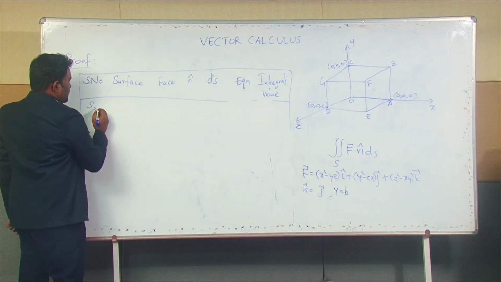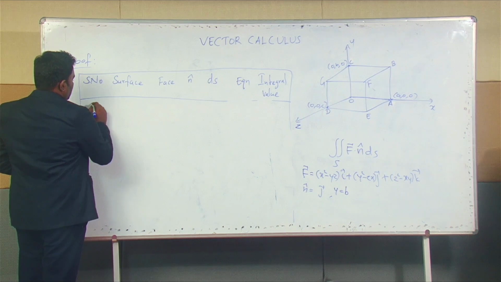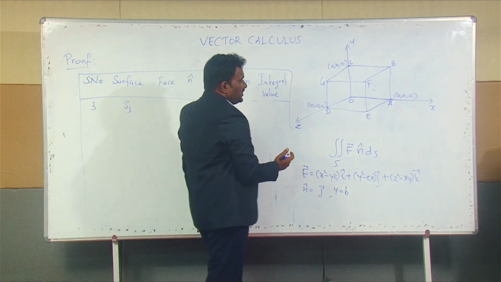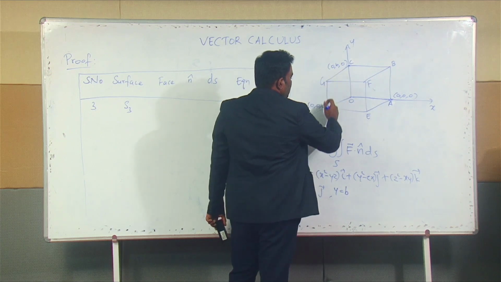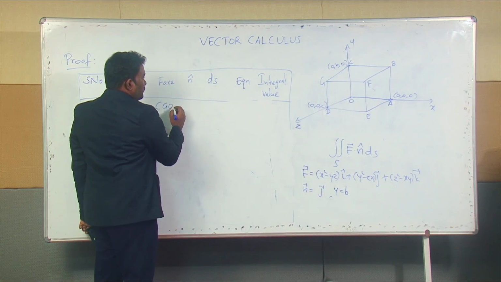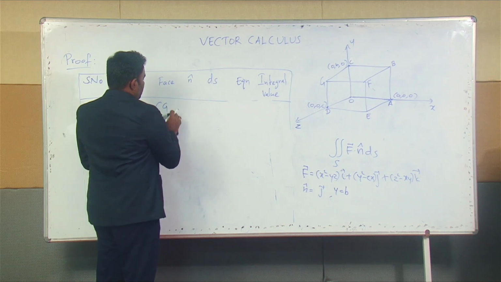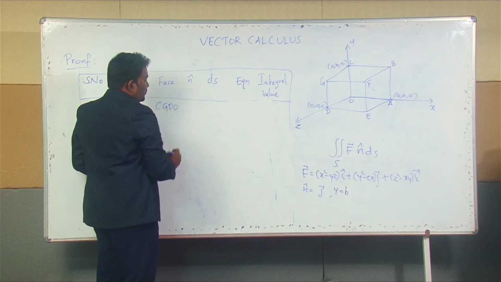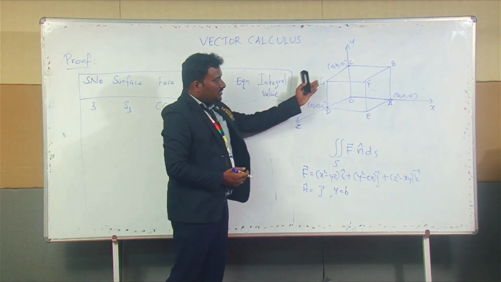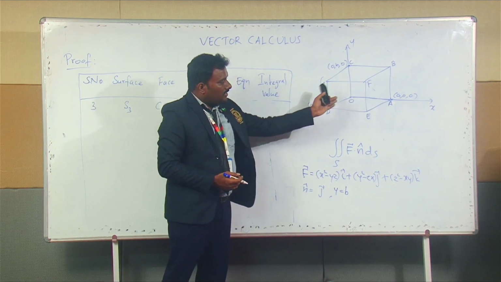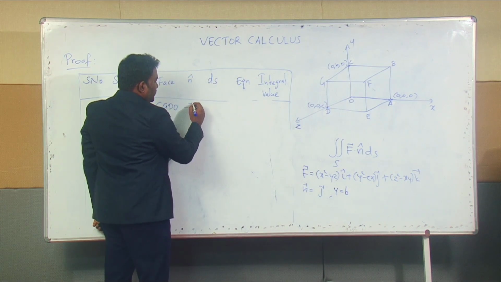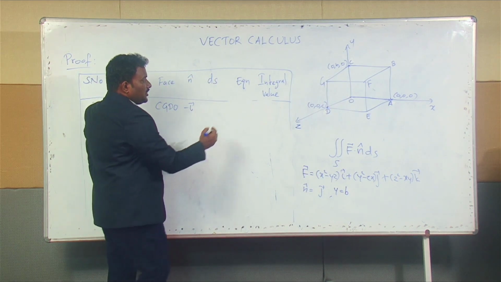So, when you take the third one, the surface is S3, and the third surface we have taken is this one, CGOD. So, this is the face we have taken, and the n cap for that particular surface is acting parallel to the x axis. Okay. So, we have to take this minus i vector, and the equation of that is